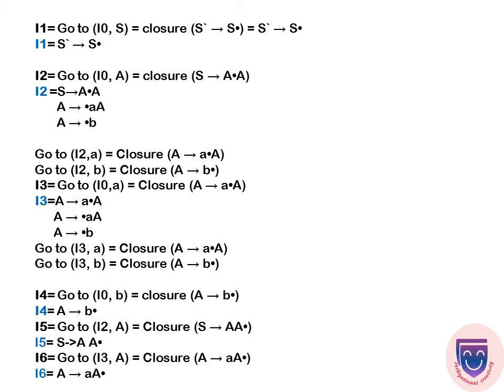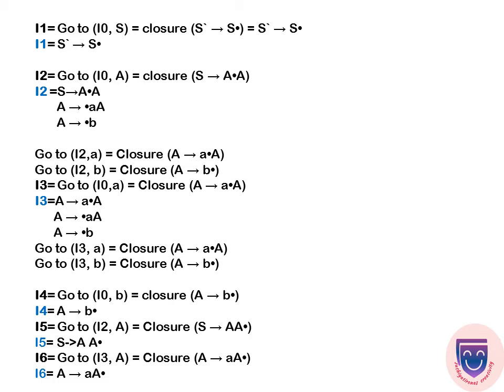For each state, the dot symbol is going to move to the next position. If the dot is in the last position of the production, that is, the dot is not followed by any non-terminal or terminal symbol, we have to close the state and then reduce the production till we get the starting symbol, because here we are using bottom-up parsing.